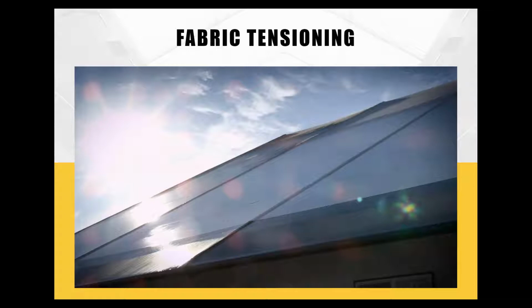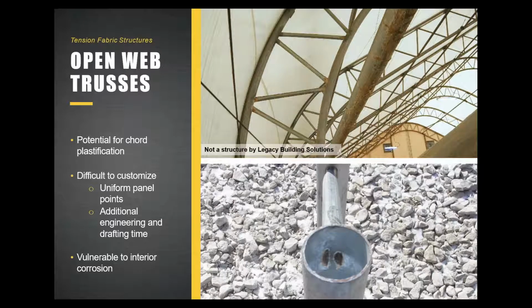So as we compare to our fabric building competitors, looking at an open web truss, all of our competitors are going to use this type of technology. There are a few that are attempting to use a rigid steel frame building. As you look at this, you can see that it is going to be a rounded mono cover, which just means it's going to be one piece of fabric going from ground to ground,